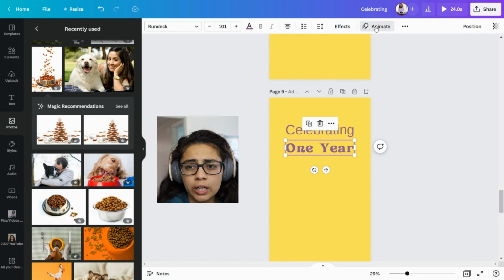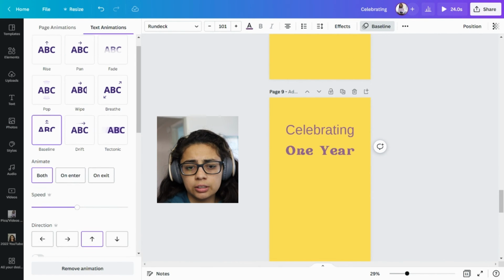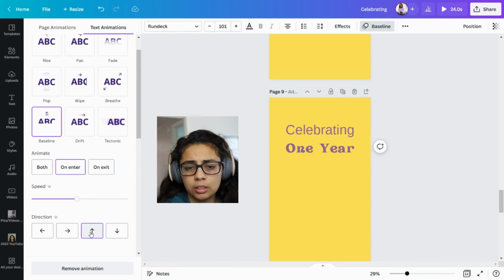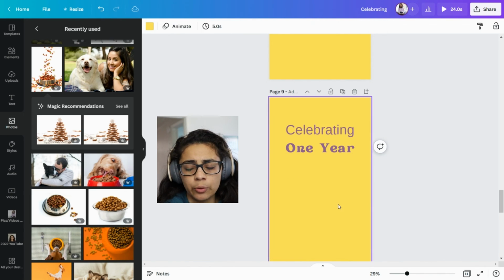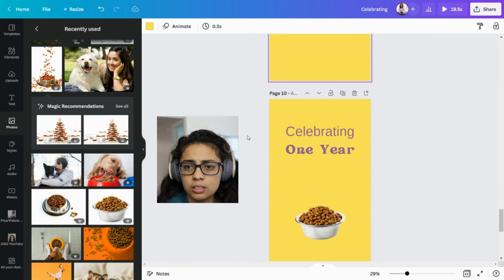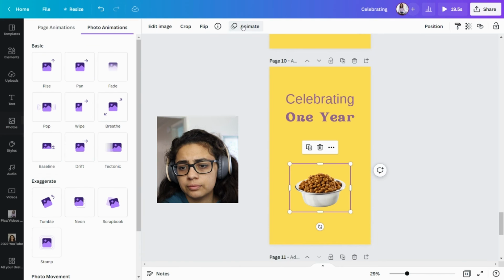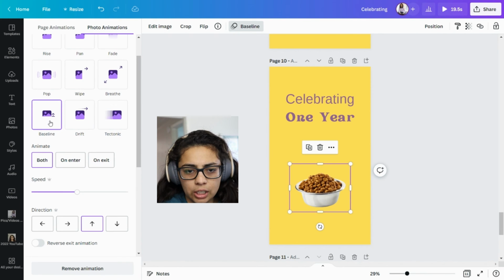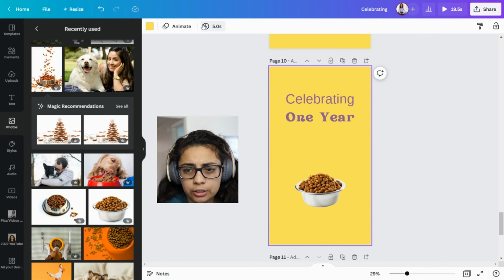Now, only the 1 year gets on enter only. Only the 1 year phrase gets done going up, that one, and then changing this to 0.5 seconds. Same exact thing here. Yeah, this one's also baseline going up on enter,